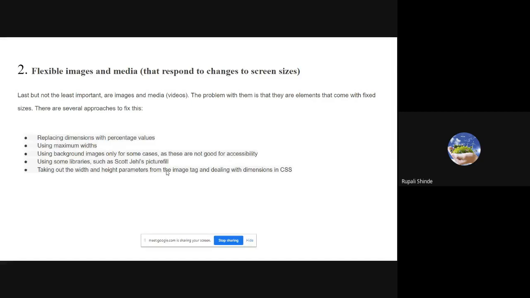There are several approaches to fix this: replacing dimensions with percentage values, using maximum widths, using background images only for some cases, using libraries such as Scotgels and picture fill, and taking out the width and height parameters from the image tag and dealing with the dimensions in CSS. We have to see them one by one with examples.